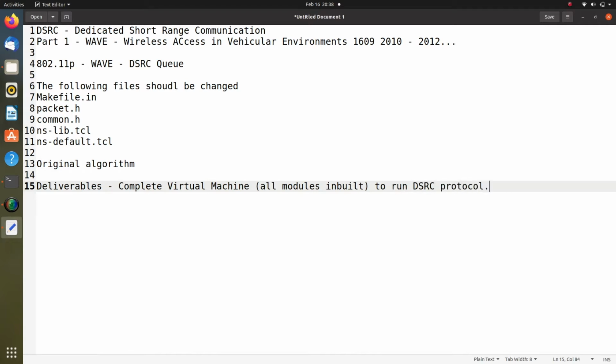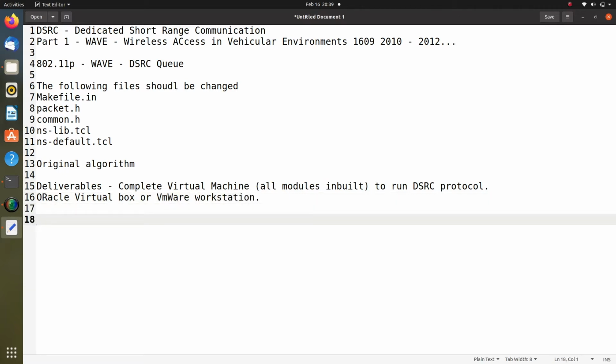I am doing this because installing takes much time and there are many complications while installing NS2. So I will do all the installation from my side, then give a 2 GB or 3 GB file that can be downloaded and unzipped, and used with Oracle VirtualBox or VMware Workstation. Through this software you can run this example.